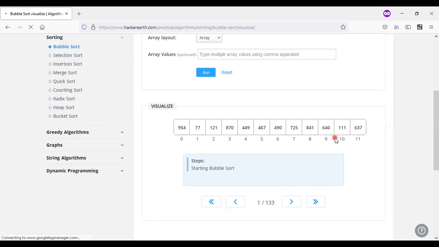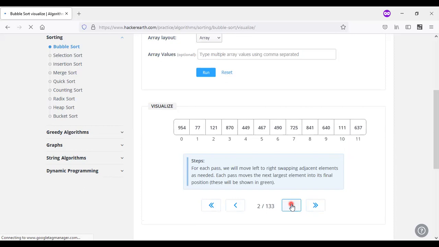Whenever you are taking 12 elements into account, it also increases the number of steps to be processed. So here we need to move from left to right. While moving, we need to compare and swap until it reaches its original position.